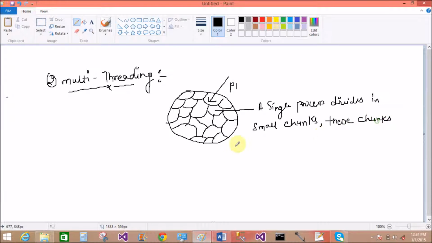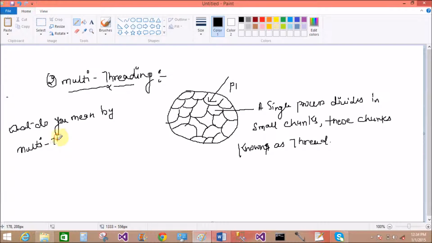These chunks are known as threads. And multithreading means Java runs multiple threads at a single time. So what do you mean by multithreading? Multithreading means,